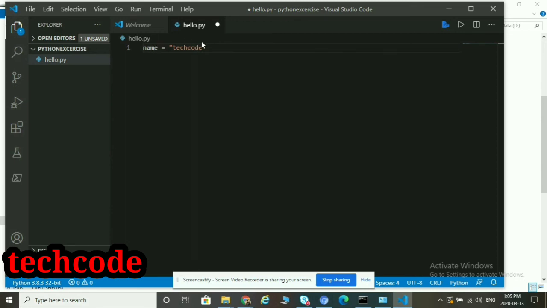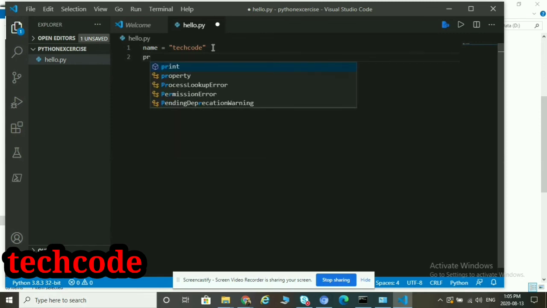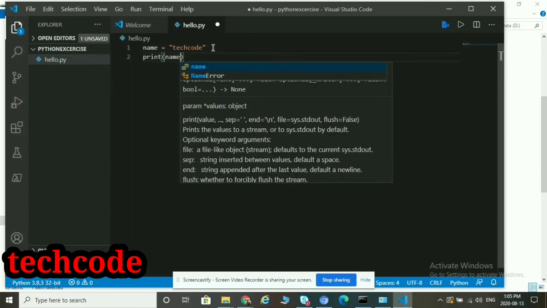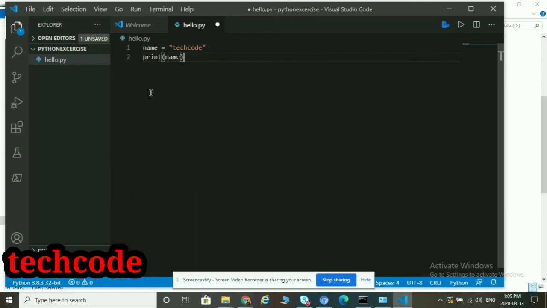So the value is assigned to the variable name. Now we will display the variable value by using the print function, and give the variable name here. It will take the value from the variable name, which is Tech Code, and print it. Okay, we need to save this.